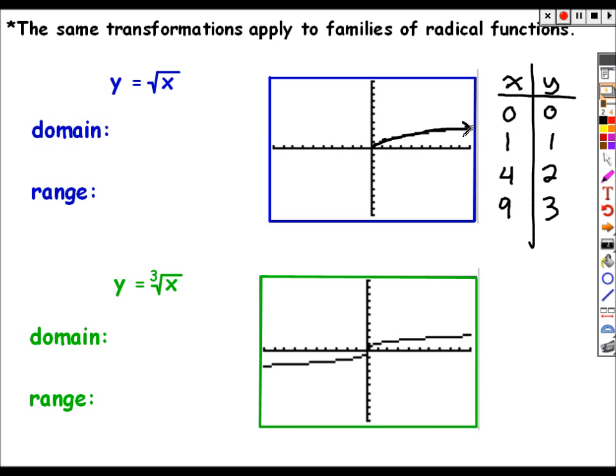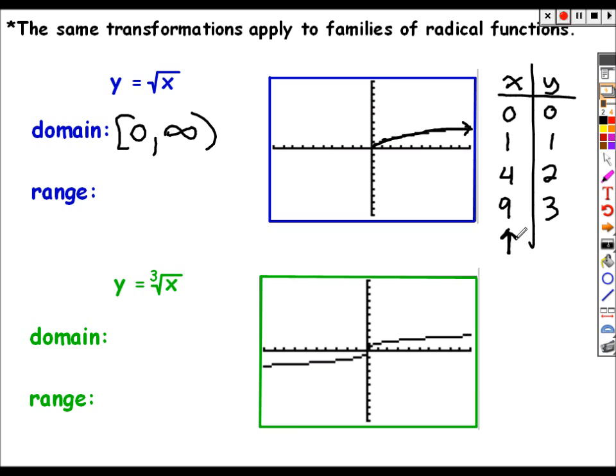What are all possible x's? Well, the smallest value I can input is 0. I cannot take the square root of a negative and get out a real number. And then I can certainly take the square root of any positive numbers. However, these are the numbers that give me out whole number solutions. So those are the numbers that are kind of nice to input into your table